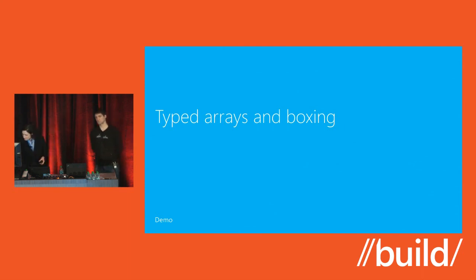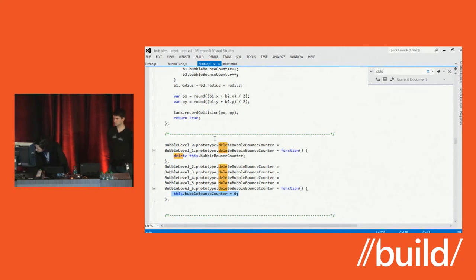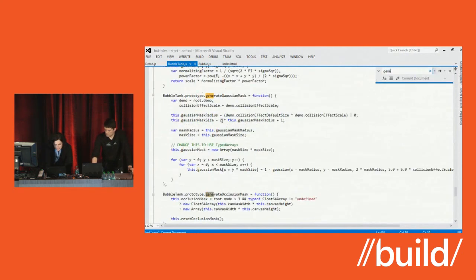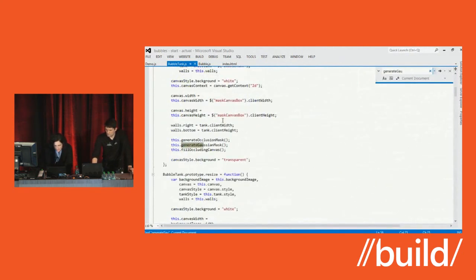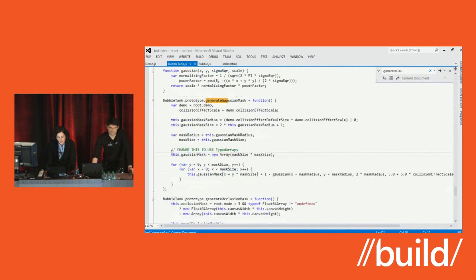So I can jump super quickly back to the demo. If I go in here, I need to go to the bubble tank, and then I want to find the generate Gaussian mask. Find the next one. Here we go. So you see this, this.gaussianMask equals new Array. If I just change this to new Float64Array, and I pass in the mask size times the mask size,